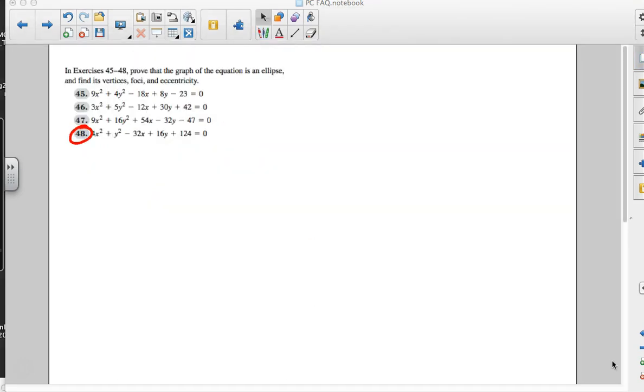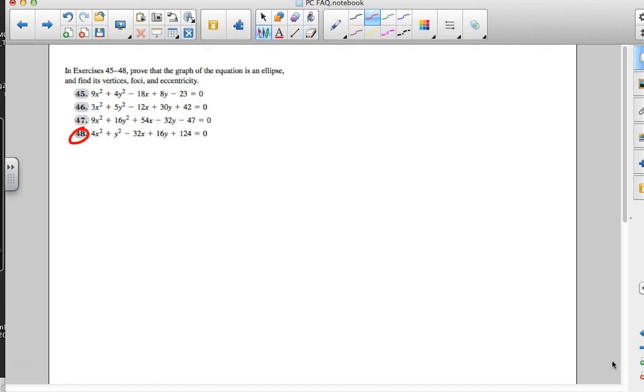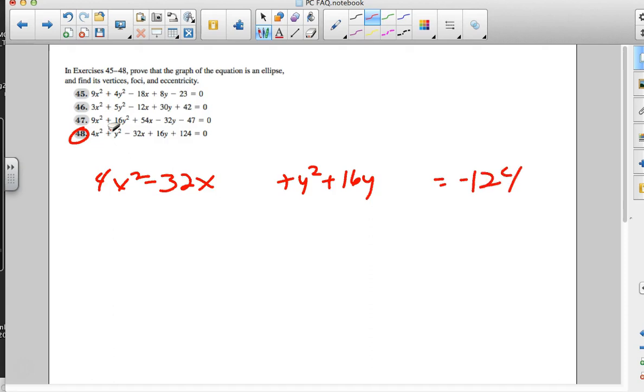Number 48, we have another ellipse here, and we want to group these together just like we did the last one. So let me get that so we can actually read those numbers. We would have 4x squared minus 32x, and then we'd need plus y squared plus 16y, and we'd move the 124 over. So this one we notice, hey, wait a minute, I don't have to factor anything out of that y squared business over there. I do need the 4 out of here. And that again is because when we're working with completing the square, we need to have a coefficient of 1 for a. And then we have plus y squared plus 16y,